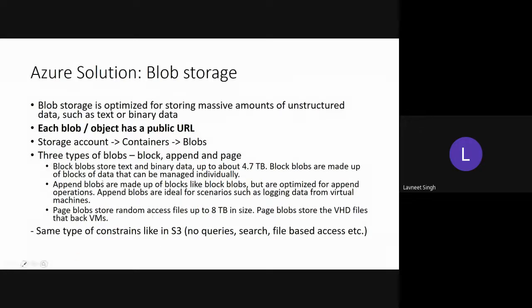Okay, and the constraints are similar to what we have in S3. It's a URL based storage service, so it does not support queries. It does not support search because there is no indexing, right? Search needs indexing, and it does not support file based access. Such constraints are also there in